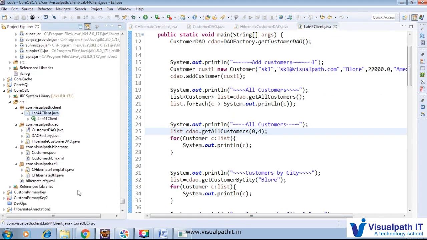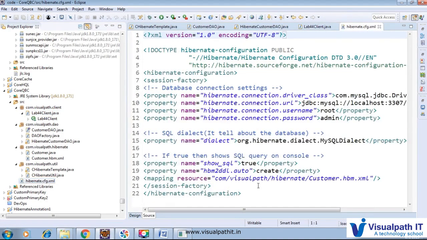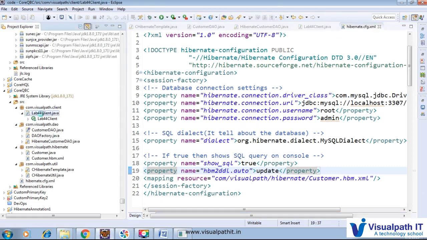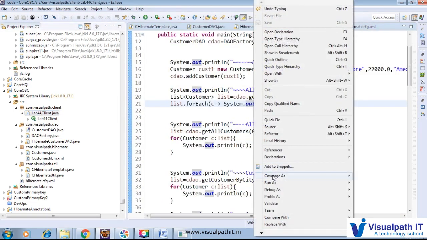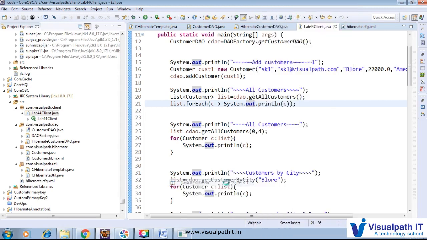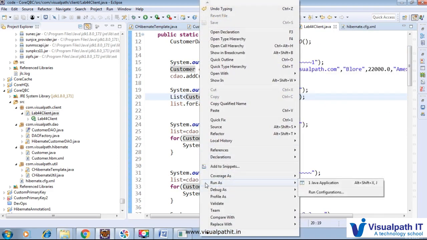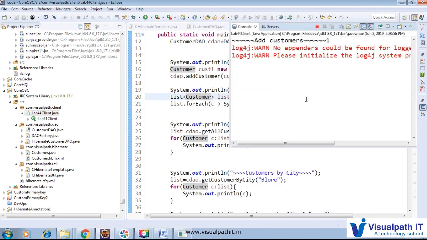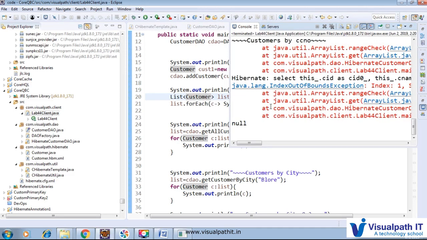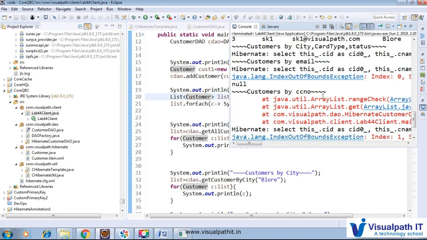So now we have the create, so just change create to update. Then each and every time it will not delete the data, it will just update that data. Now we will run it 4-5 times, then that record will become 1, 2. So now I have a few values. Now it's throwing an exception